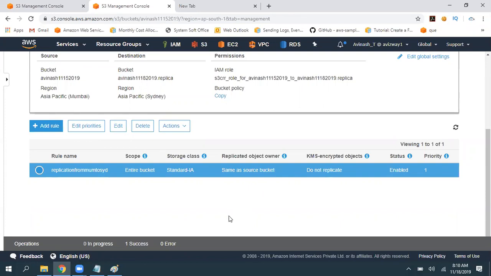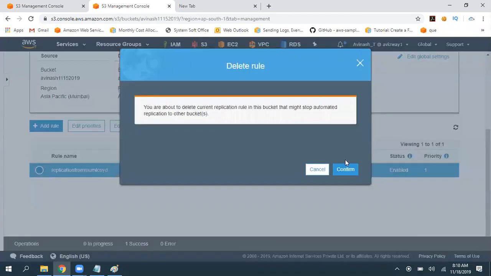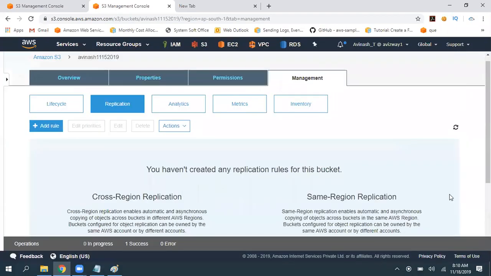So if you want to test, you can pick same region replication and test that. Simply select a Mumbai region bucket only. That bucket must have versioning enabled. A couple of minutes back, I showed only one bucket out of 17. Why? Because that is the only one enabled with versioning. The remaining are not enabled. So that is cross region replication or same region replication.